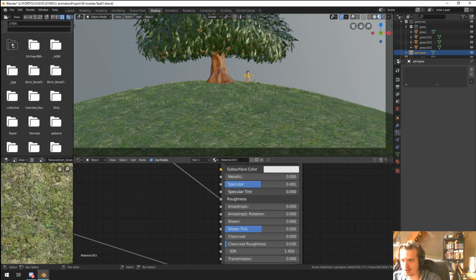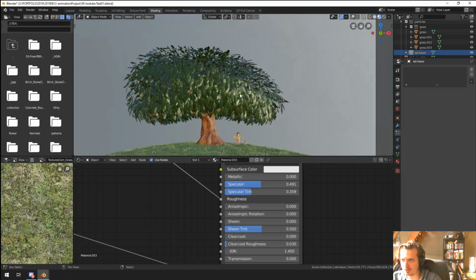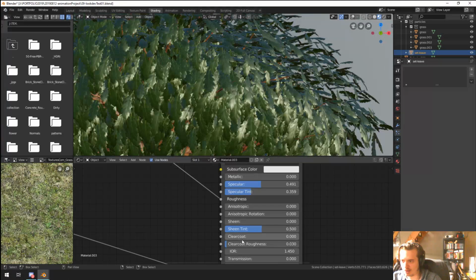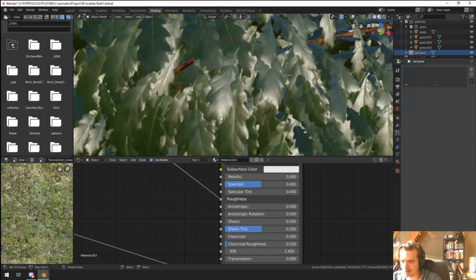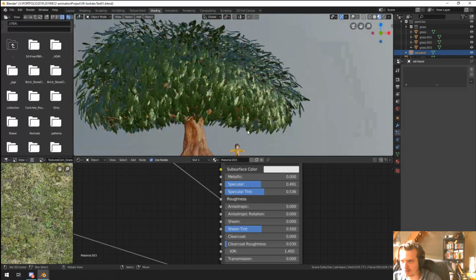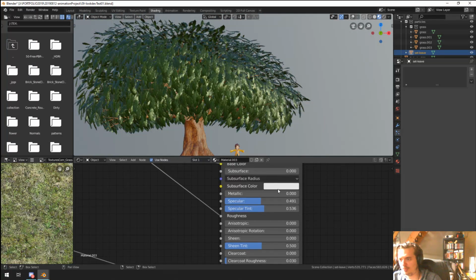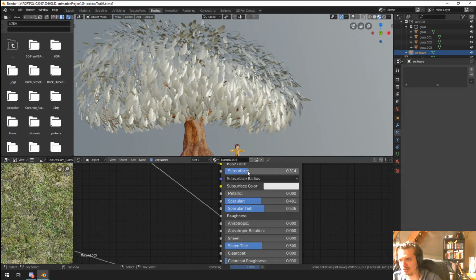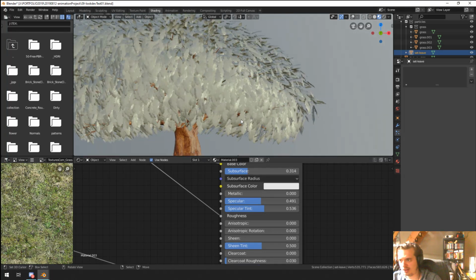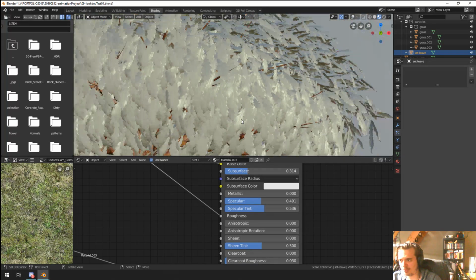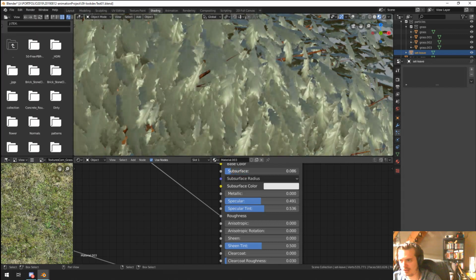If we increase this, you can see we don't want to increase it by much, but it kind of improves the look a little bit, in my opinion. Like now they look like flat leaves, but if you increase the specular tint, there's a bit of fake subsurface going on. Because if we're gonna enable subsurface, it's gonna increase the render time by so much. I mean, it's not real subsurface; it's super fake, but